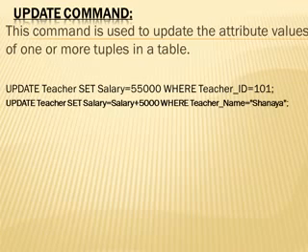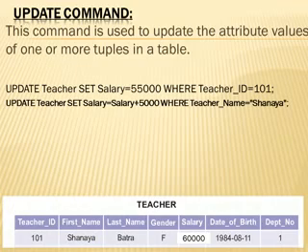So what was the salary now? The salary we had changed to 55,000 in the previous command. After that, what we are updating now is that we want to give an increment of 5,000 to Shanaya. So now what does the table look like? This will be the final table. Here the salary becomes 60,000. So Shanaya received a 5,000 increment and she gets a salary of 60,000. So this is the use of the update command.